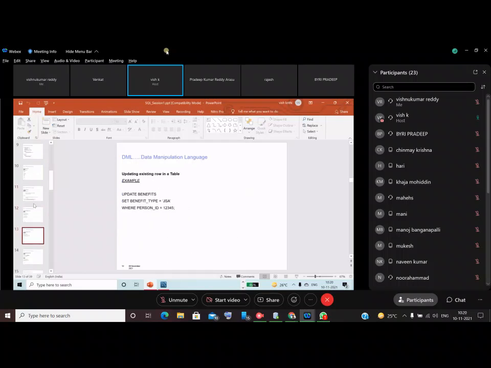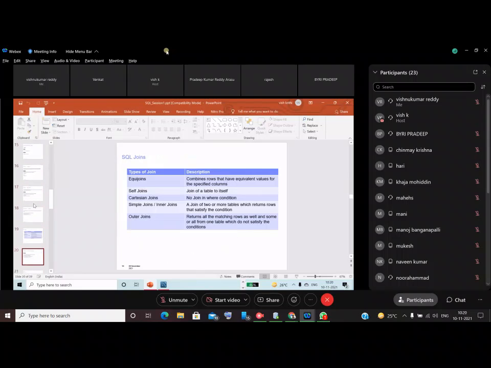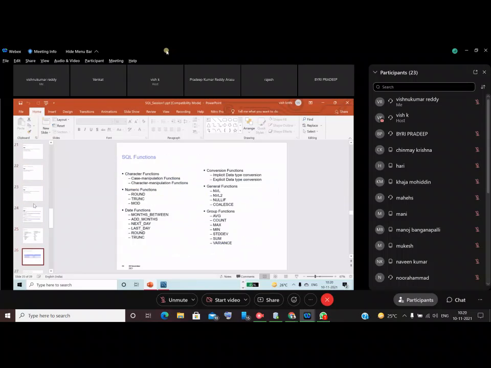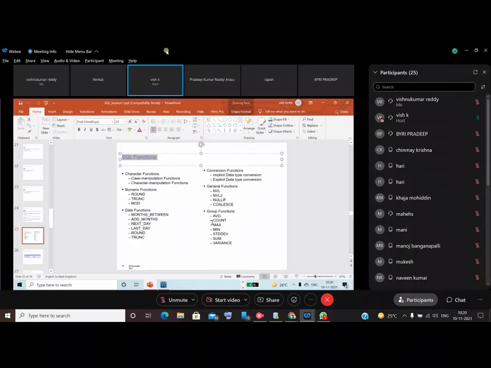Very important. So these are the functions. In Informatica or testing or ETL, any testing or development, these concepts will be very useful, guys. So we'll cover this concept today. This is very, very important.